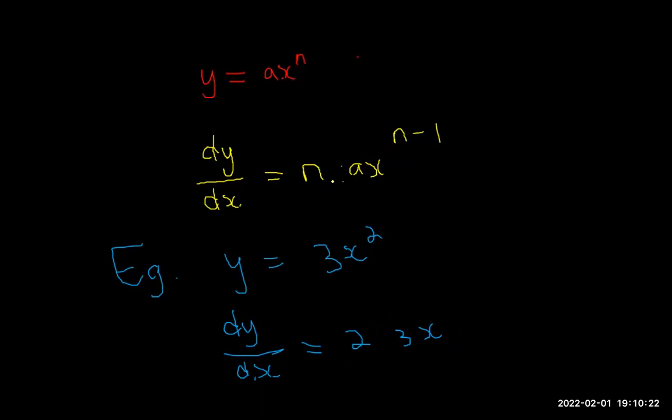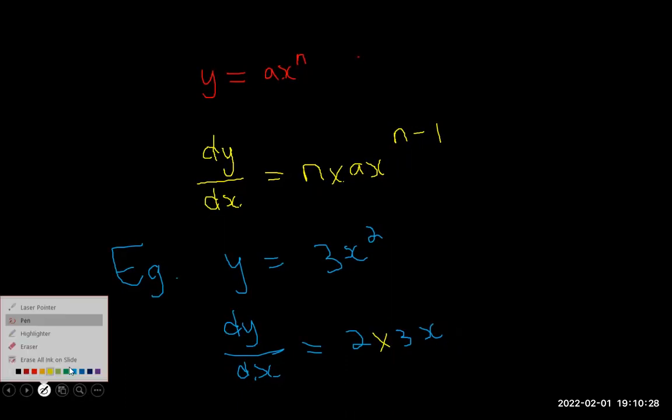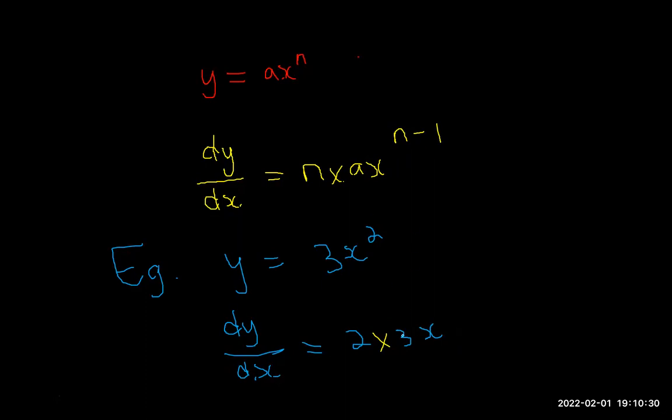Let me put the multiplication sign. Right. So the power is multiplying by the expression, but then you have to subtract 1 from the power. So 2 is my power here. I have to say 2 minus 1 to get 6x. 2 minus 1 is 1, so that's 6x to the power of 1. But we know from indices that anything to the power of 1 is itself. So this would give me 6x. So for the people who've never done differentiation before, just note this